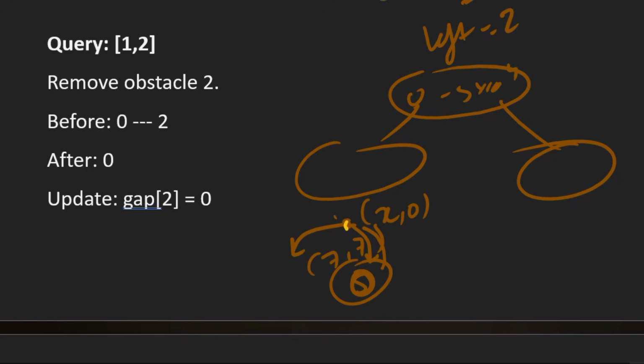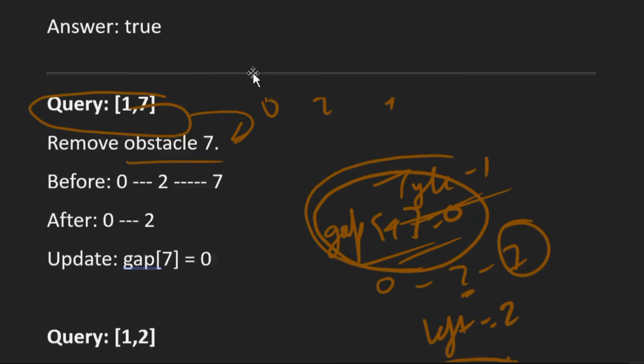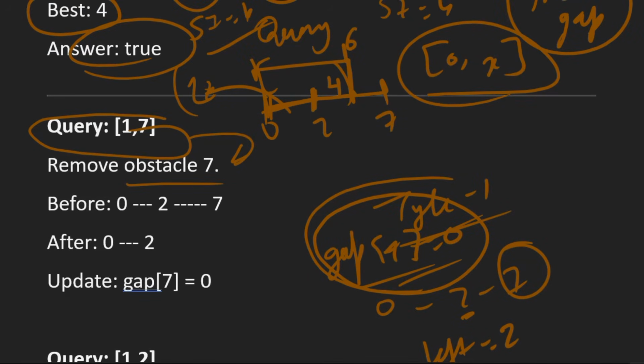So it will update its maximum gap and return that value to its parent, and then its parent will update that value and return it to its parent. In this way, all the nodes that are affected will be updated with the new value. So the gap of 7 has become 0, right? This is the rightmost node, that's why there is no need to merge,